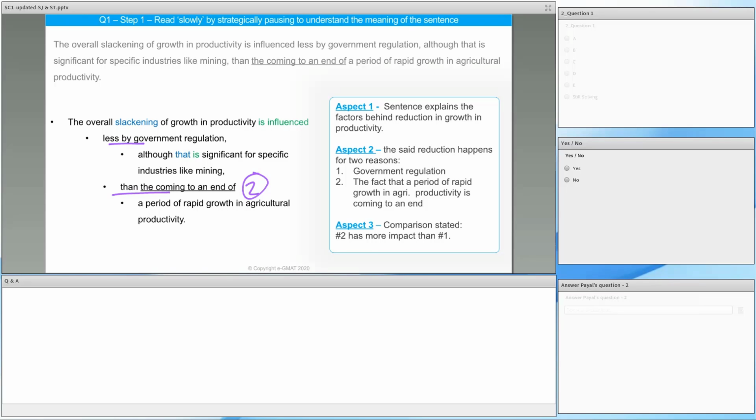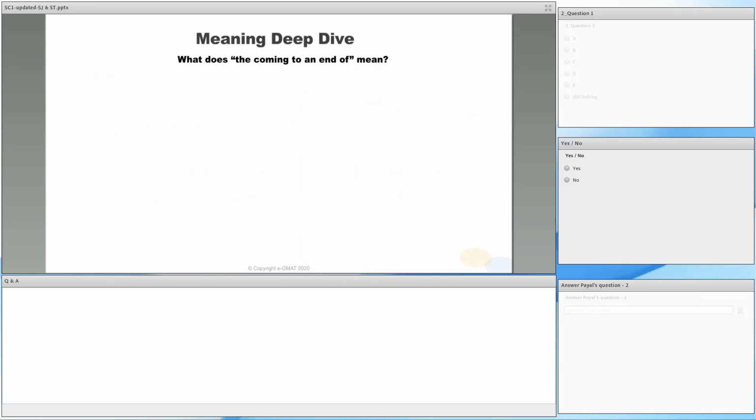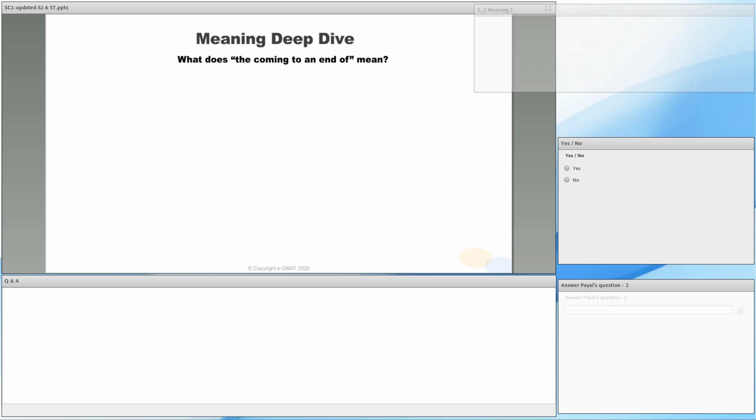Now that I've worked to piece this whole sentence together, I really want to look at this underlined portion right here. And I want to understand, what is this portion doing? Why is this portion underlined? Okay, so then I have to ask myself, and I'm going to bring in a new poll really quickly. And I want you to tell me,